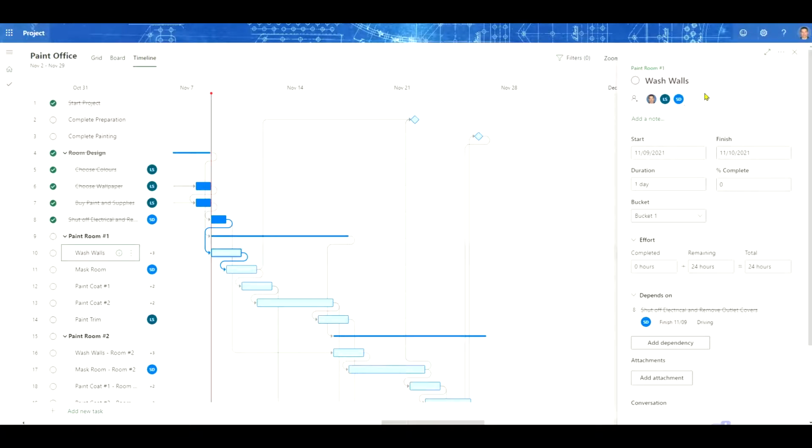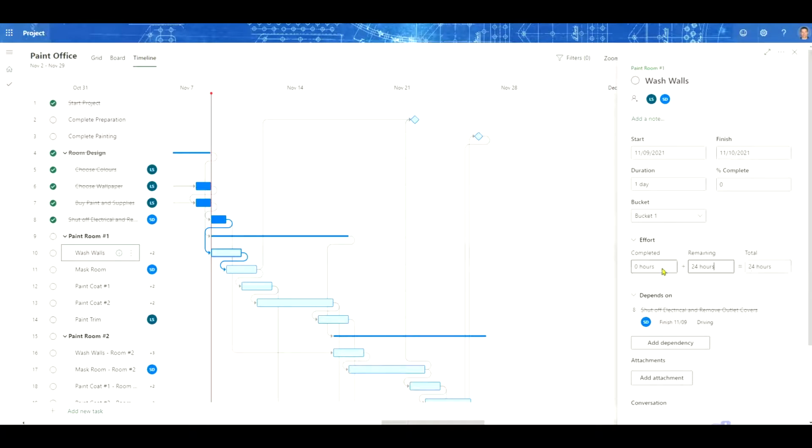And we've got 3 people scheduled on this for 24 hours of work. What happens if we take one of these people off? Now we've got 2 people scheduled for 16 hours of work. What if we say instead of remaining hours here, we've got 24 hours remaining? We still have 1 day of work, but we have 24 hours of work to be done in that time